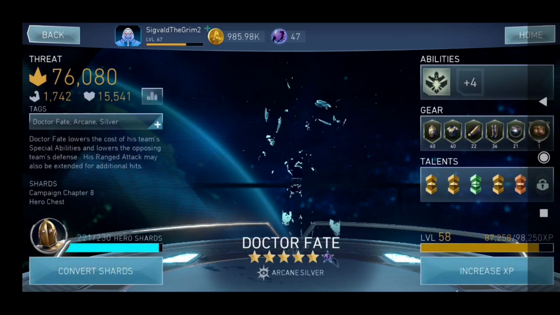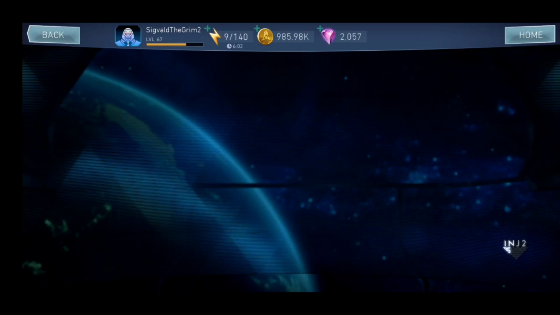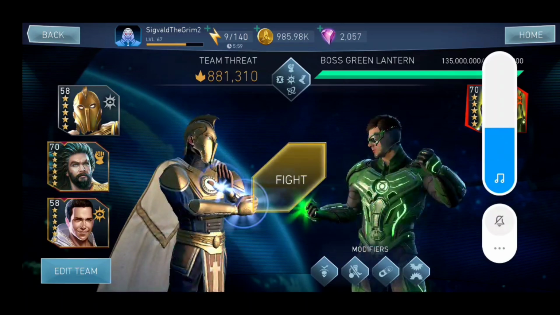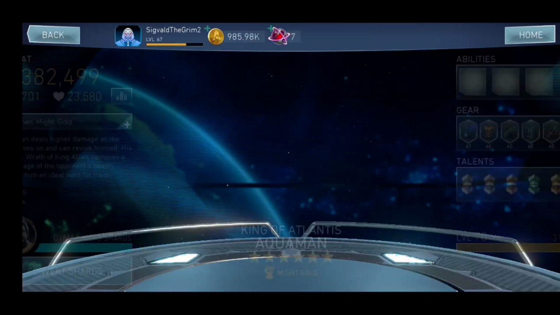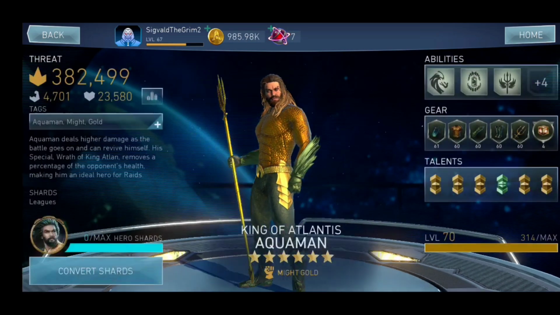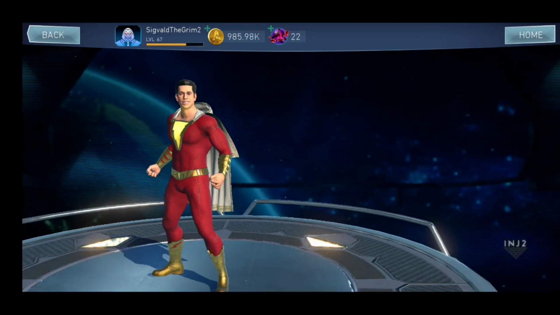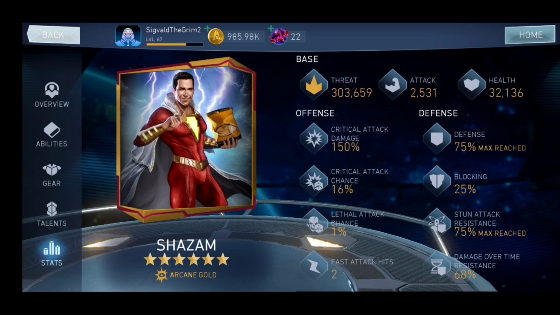Okay, so for the first fight, the team setup is going to be Dr. Fate with Kinflant Sakoman and with Shazam. And I'm going to try to do the infinite combo that I was doing on Darkseid to prevent him from doing the super move, because you kind of put yourself in a situation that's not the most optimal, but